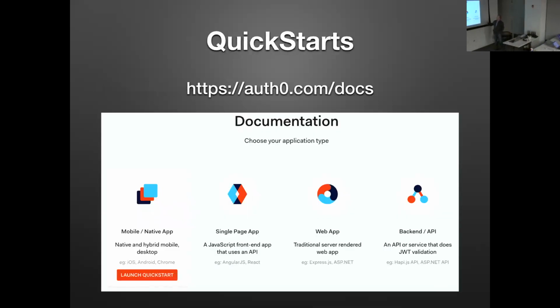So on their website, they have this thing called Quick Starts as part of their documentation page. There's 4 main apps that you can create in your profile. The first, you can have a mobile or native app that can be hybrid or desktop apps. There's also the single page like AngularJS. Single page web apps are very front-end heavy with JavaScript. Traditional web apps, the traditional website with the backing server. Node.js is also in here.